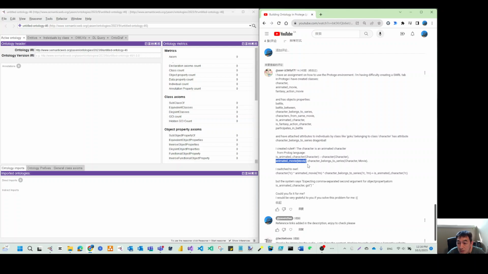So we should have two individuals belonging to character and movie, and also a property. The clause is that a character belongs to a series of this character and links that to a movie.